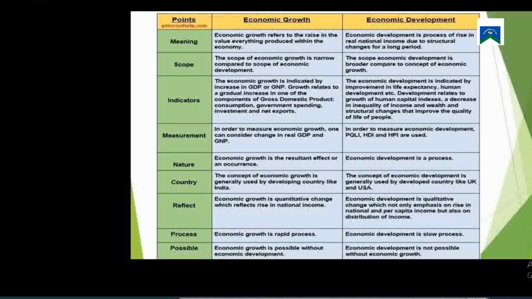So the next topic is the scope. Now if we look at its scope, economic growth has a narrow scope, because